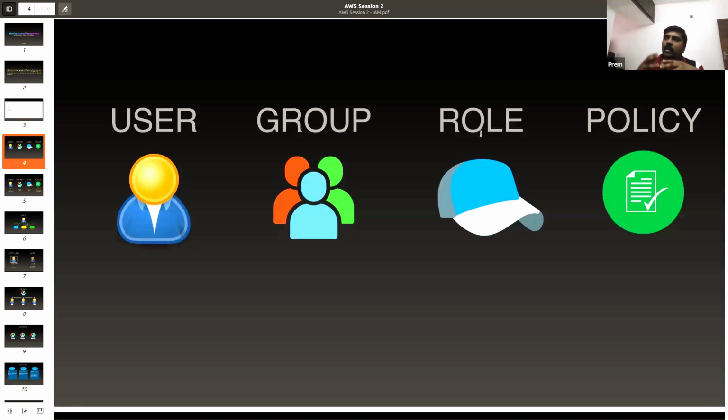So this way, with the same user, just by assigning different roles, you will be able to control. And last is the policy. Policy is the lowest level. Policy is a subset of a role. Multiple policies combined, you can create a role. Multiple roles combined, you can assign to users or groups.